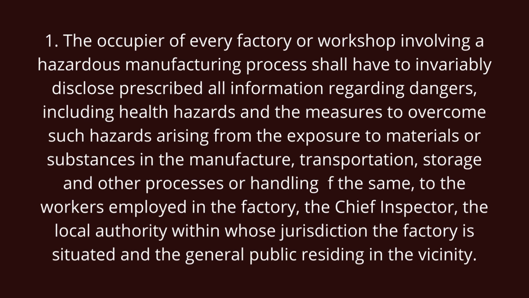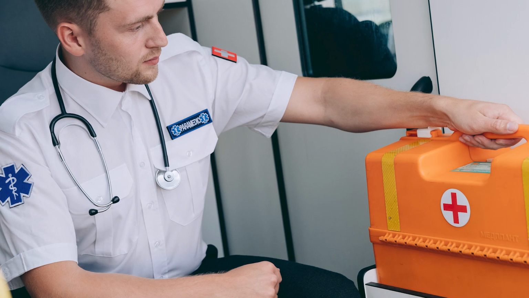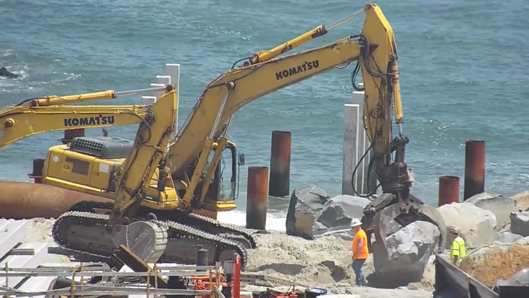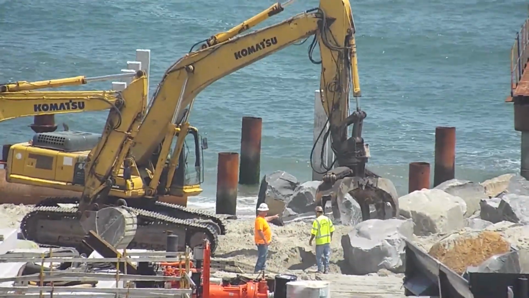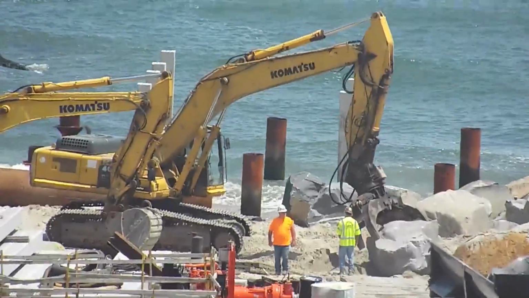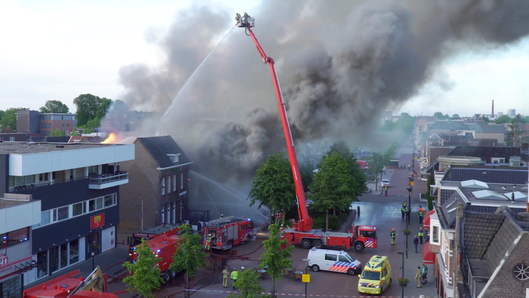Please note these points: in the manufacture, transportation, storage, and other processes or handling. At any step, if there is a health hazard, they have to intimate the same to the workers employed in the factory, the chief inspector, the local authority within whose jurisdiction the factory is situated, and the general public residing in the vicinity. In case the hazardous material can affect the nearby areas, the public residing in the vicinity also has to be